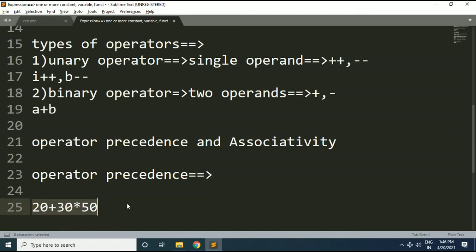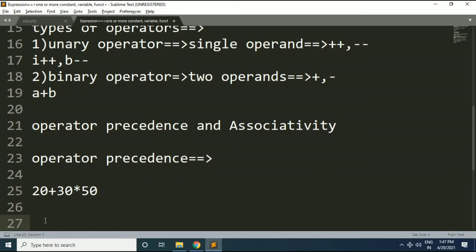In this expression we have two operators, plus and multiplication. Here the multiplication operator has the highest precedence. That's why first of all the 30 into 50 operation will be performed, and then the result will be added to 20.